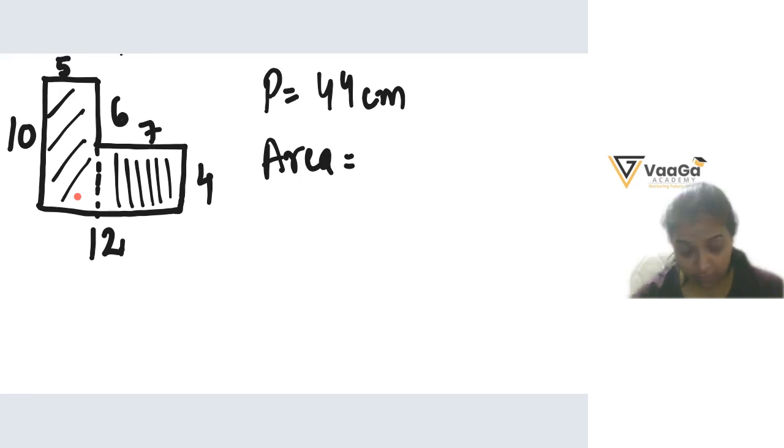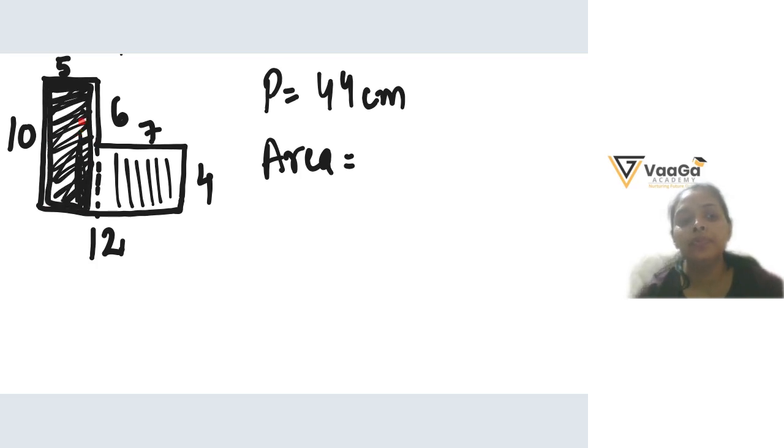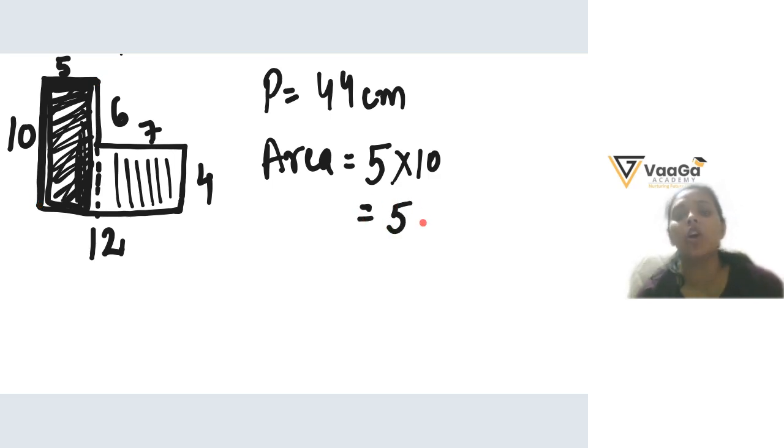It'll be 6 centimeter plus 4 centimeter. Area, beta. This is the vertical rectangle, no? How do we find the area for this? What is the area for the rectangle? It will be 5 into 10. Very good. 5 into 10, which is length times breadth, right? This is the breadth of the rectangle and this is the length. So 50.